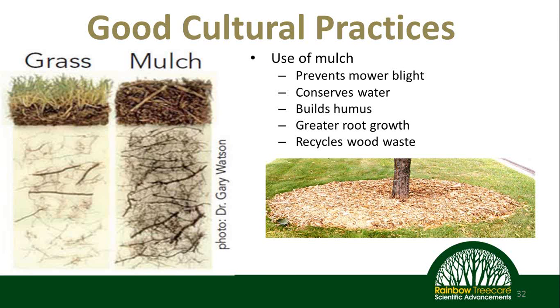Mulch is another good cultural practice. You just win all the way around with this because it's recycling urban wood waste, which we tend to have in abundance in urban forestry. And studies have shown far higher root growth under mulched areas where trees are growing versus the turf. Turf is such a huge competitor for rooting space and water and nutrients that